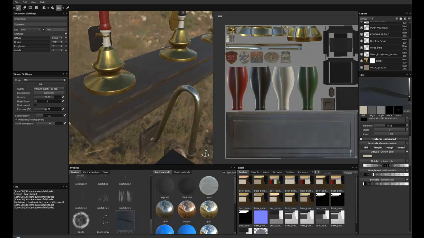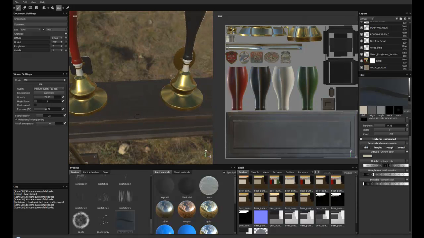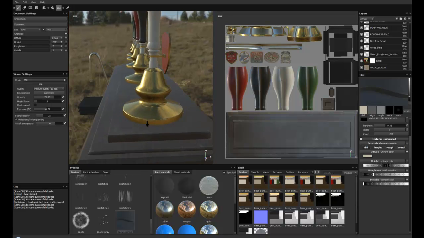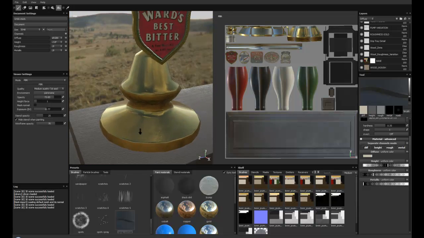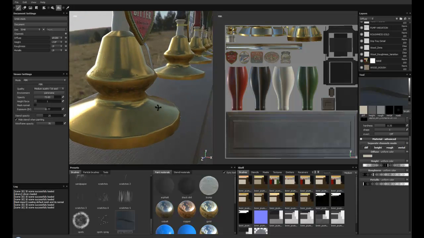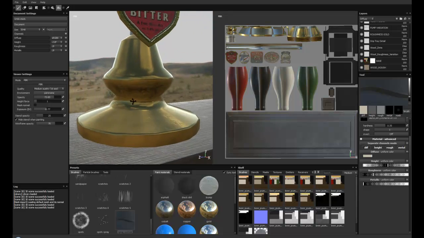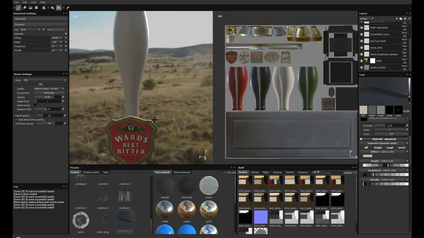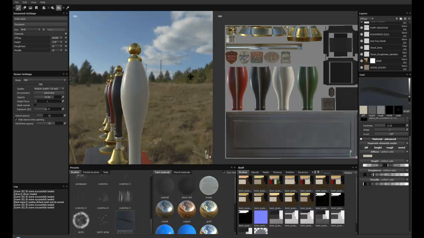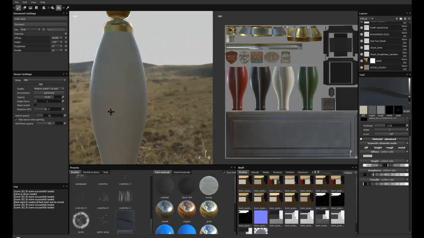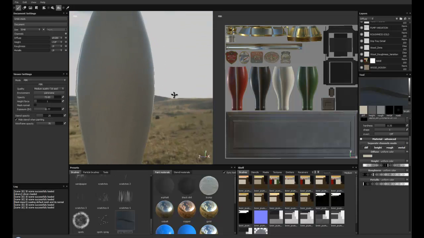Some of the metal screws, and then the wooden board, and then we've got the brass here. And if you look very closely, I've just added some very slight surface detail into this brass. You can just see a few of the knocks, which I can take down. Here we've got the ceramic, and again, if we look closely, you can see there's some slight